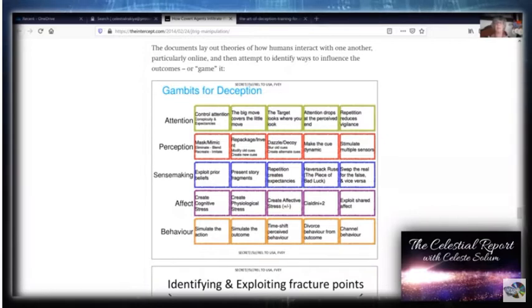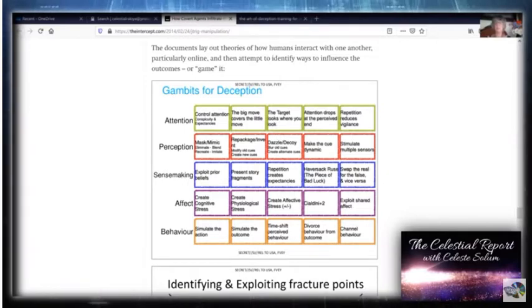And there's going to be repetition of the message. That's why we're getting flooded by coronavirus, wear your mask, social distance, all these different things. They are going to tackle our perception, interesting, mask again, and mimic. They're going to repackage. They're going to use dazzling and decoys to grab our attention, make the cue dynamic, stimulate